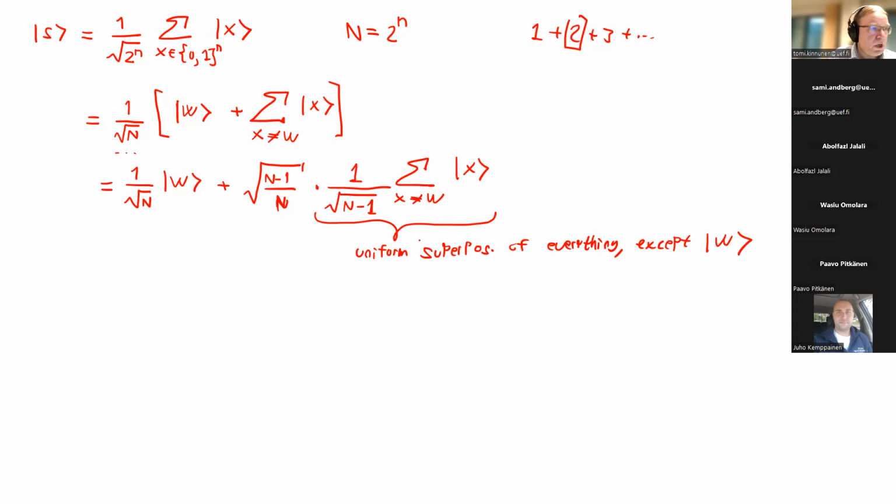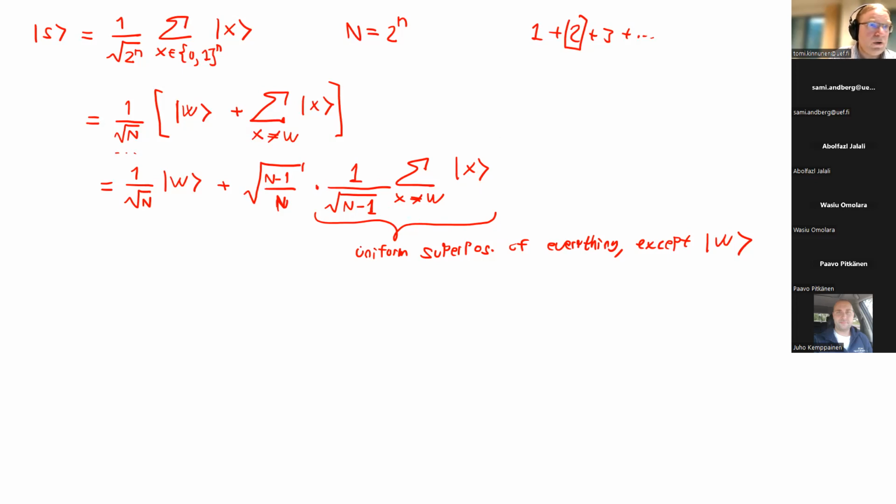So we can perhaps give this some name. If you don't like the ket notation, just think about it as a vector. What we are doing there is summing up these 2 to the power of n dimensional vectors, forming a linear combination of them.